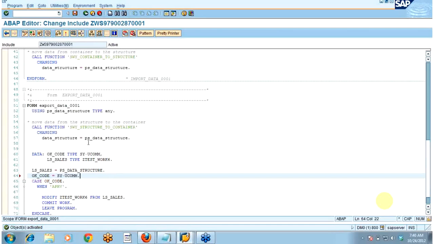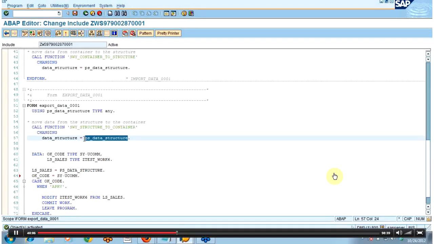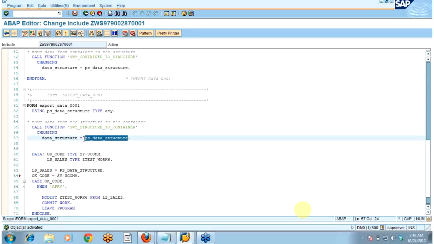So here what I'm doing, in this PS data structure, the value we are having, that sales order number, what we are having in that structure in the module pool, will get populated in this PS data structure. So that sales order number I will fetch from that structure, from that module pool form, and then that particular value I'm just populating in this LS sales, which is of type same as this table. And what I'm doing, I'm just modifying this data, this particular table from this sales order number from this work